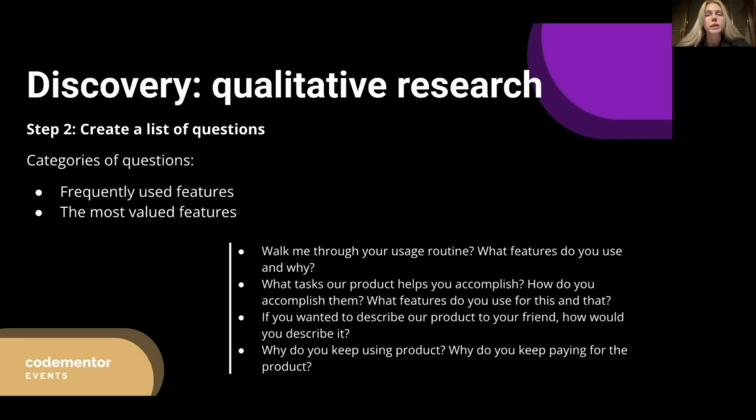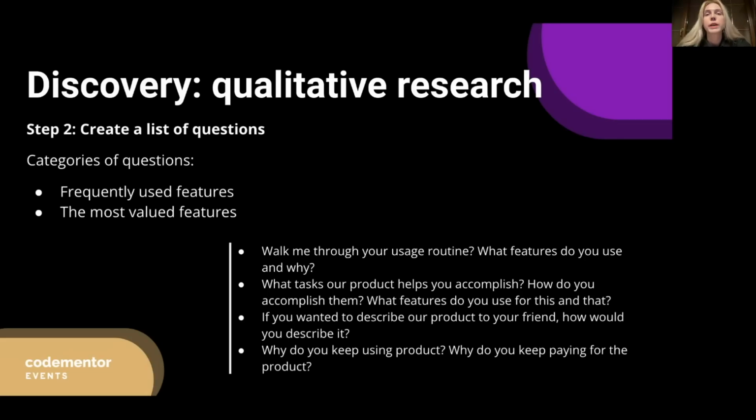After you have chosen the audience, step 2 is to create a list of questions. Your ultimate goal is to find out what features create the most value for your users, why they stay with you. So your questions should be targeted at their usage routine, their most frequently used features, reasoning for choosing your product or specific functionality. As any qualitative research can be biased, be sure to ask open-ended questions and do not frame people by asking direct questions like will you or will you not pay for, love, do, and always ask why